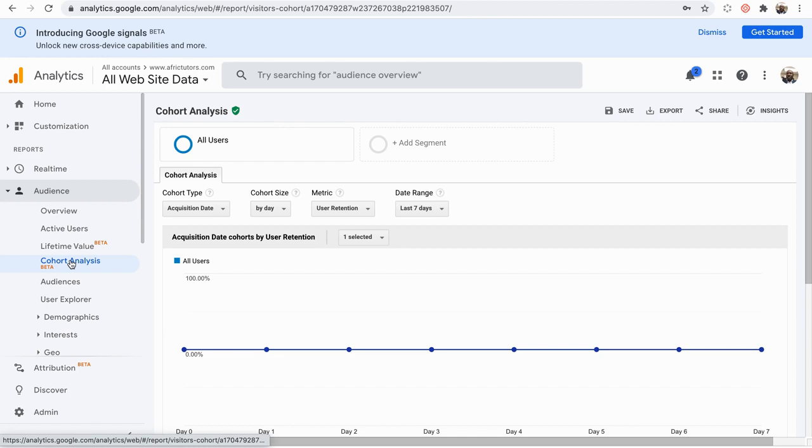So all users within the same acquisition date belong to the same cohort, and users who have completed a certain activity or specific task also belong to the same cohort. So then you don't have to scratch your head anymore, because the system does it for you. All you need to do is look at the data and use that to improve your website and your user experience, so that you can retain more users and acquire new users that have similar traits or similar